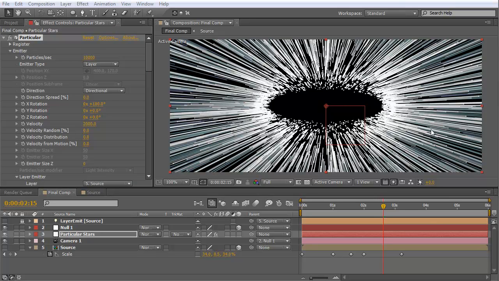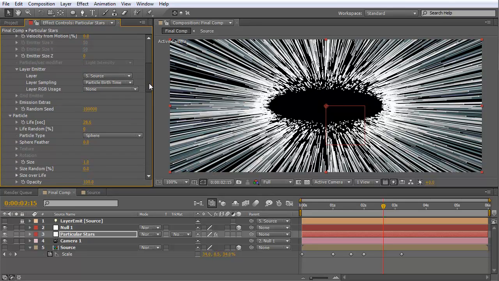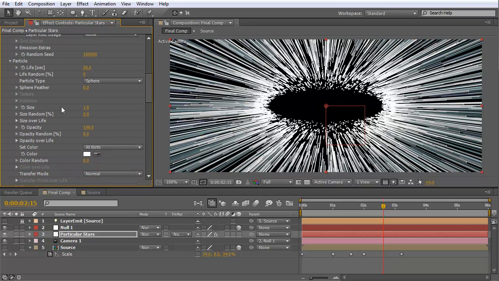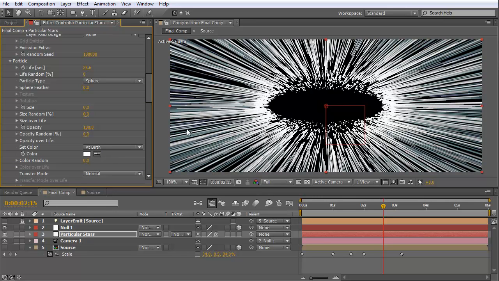So one of the things you'll notice is we have these particles here on the end kind of capping these, and we don't want those. Those are actually the main particles. So we can come down here, and one of the neat things about Trapcode Particular is you can decrease the size of your main particle to where it goes away, and you'll see right here the end of those streams will basically fade away. So it won't be visible, but it will still emit auxiliary particles, which is really handy